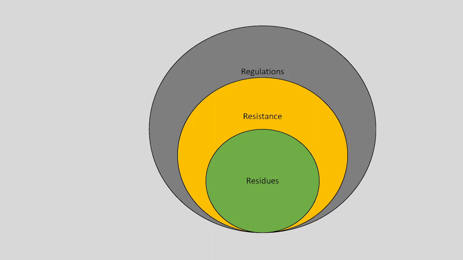We moved on to resistance. And increasingly, our focus has been on regulation. In the last 24 months, the Canadian government has implemented some substantial regulatory changes that have been talked about for well over a decade. And so producers and veterinarians are currently in the process of adjusting to these new regulations.